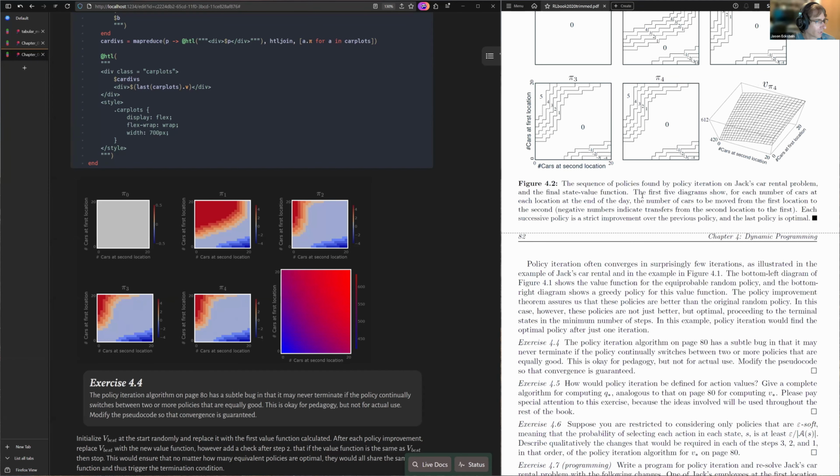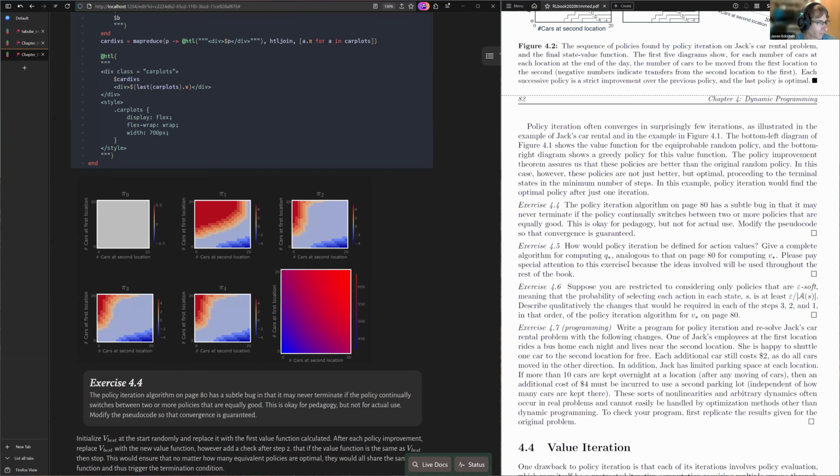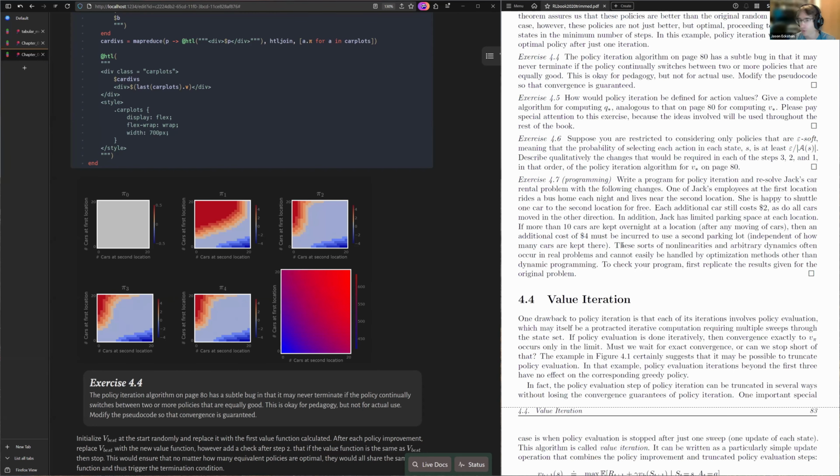Okay, so let's see. Oh yeah, so there is this. This is just to show you what you can do with policy iteration. This last exercise here is asking you to modify the problem. So here the modification is